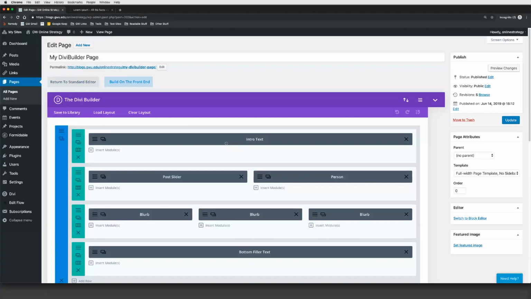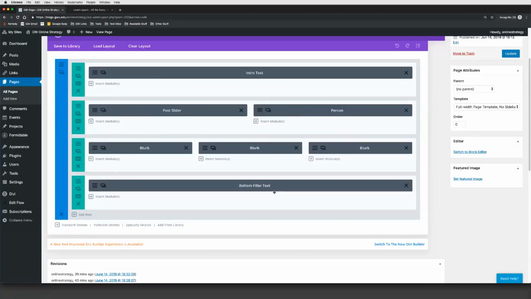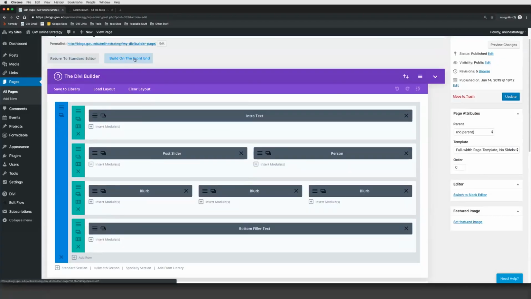And it also needs to know with the Divi Builder editor if you want to go back to switching to one of the standard WordPress editors, if you want to build it out in the front end versus the back end as we see here. There's just a lot of options. So it does make a little bit of sense that the system could get hiccuped along the way, but nothing